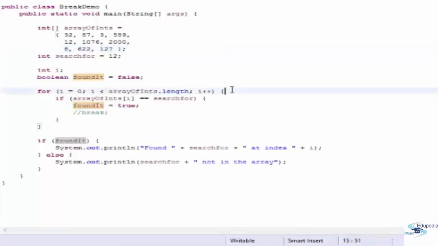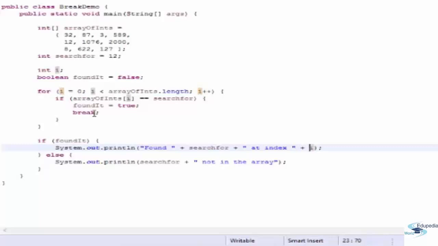So when the loop will stop, when the loop will come out, actually the value of I will be 10. So now when we are going to print the value of I, it will print 10. Okay, so that's the purpose of break, so that as soon as we found the number, we should stop the execution so that the index will remain over there and we can print the value of index over there. And moreover, we don't need to execute it any further since we have already found it.